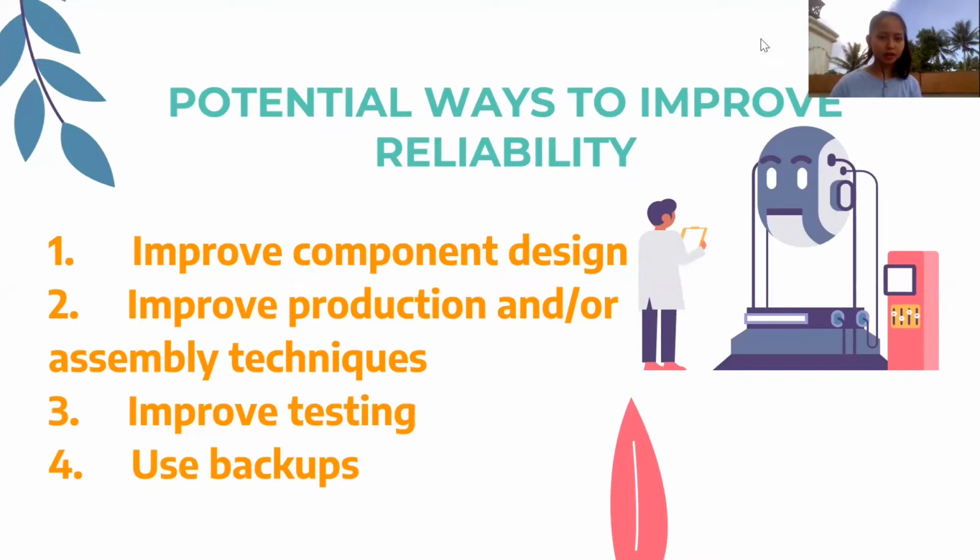So here are the potential ways to improve reliability. Just in case na there are maraming failures na naganap dun sa design or sa function ng bagay na sana dapat reliable. So, one is to improve component design. Kung ang kasalanan sa maliit na bagay ay kasalanan sa malaking bagay. Siyempre, para perfect, para hindi magka-failure, dapat yung mga components, yung mga parts, dapat ayusin mo.